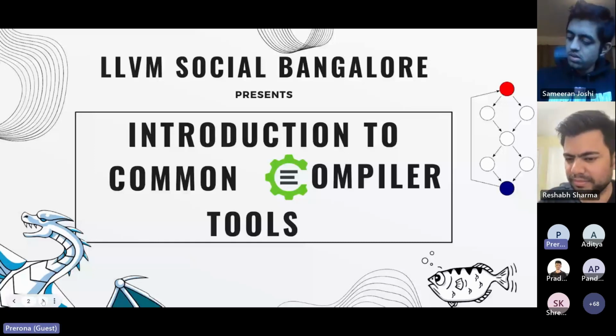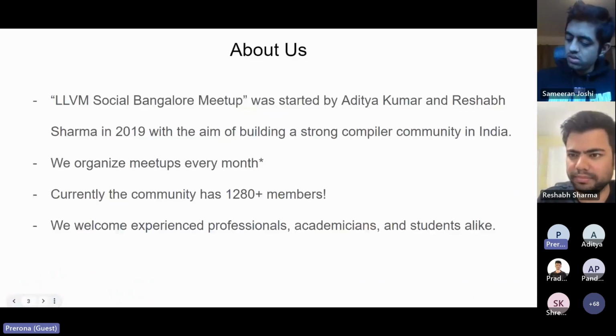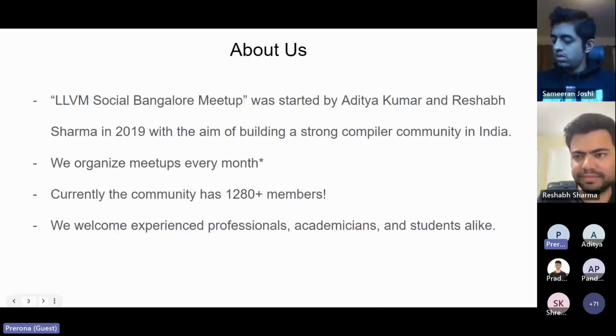Before we go further, I would like to briefly mention LLVM Social Bangalore. This meetup was started by Aditya Kumar and Rishabh Sharma in 2019 with the aim of building a strong compiler community in India. And we organize meetups almost every month. In fact, the last session that we had was conducted by,